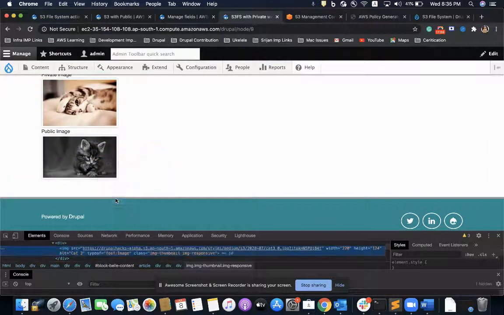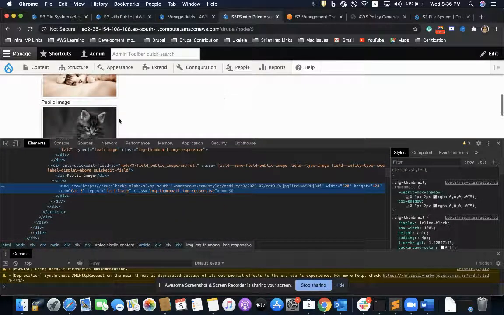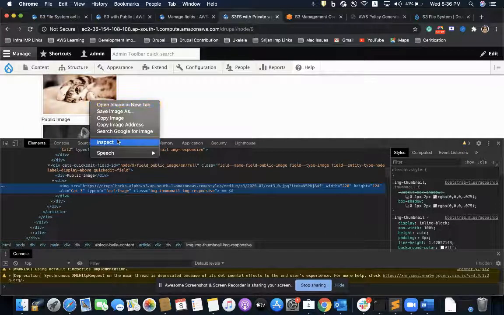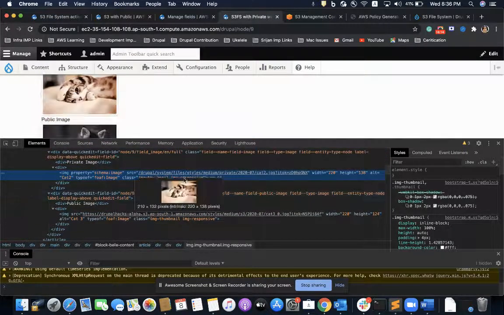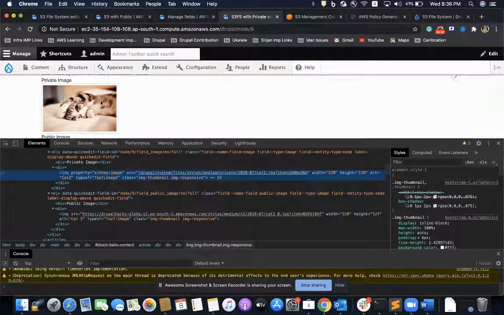This is the public image, public, it should use the Drupal S3. It should come from the S3 and should show the S3 URL. So it is showing the S3 URL. The file exists here, but it is showing the local, the false URL, because we have configured it to use S3FS with the private file system.